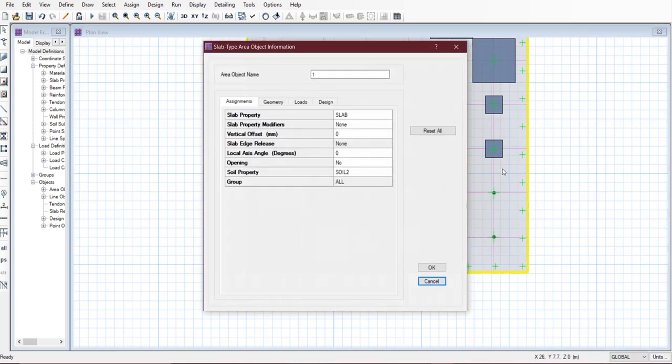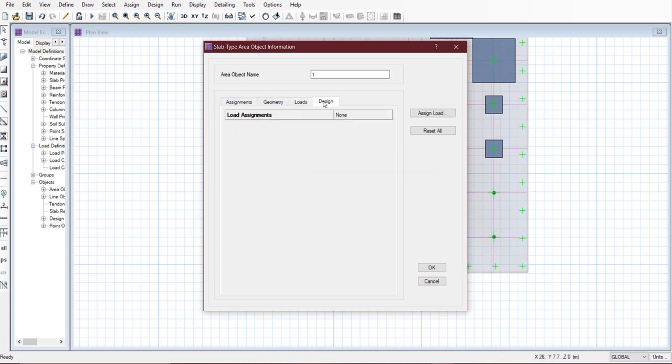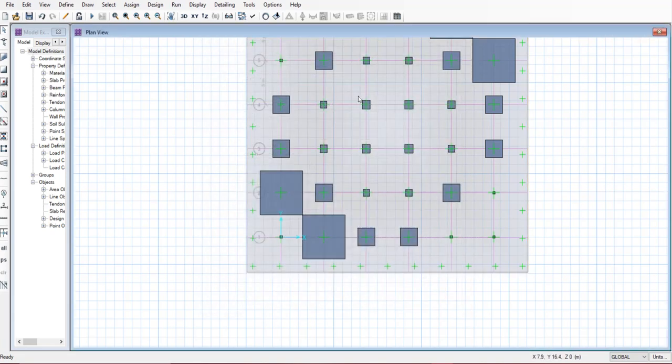Now make sure that the slab reinforcement, slab rebar material is also set to HYSD 500 and click on OK.